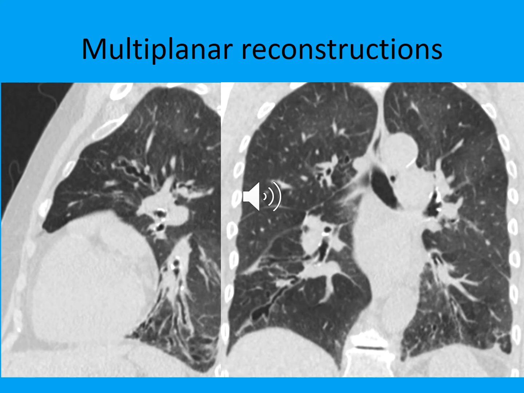Historically, HRCT of the lungs meant images only in axial plane. However, with development of multi-detector CT scanners, we have images in other planes such as sagittal and coronal planes, as seen on this slide. The multiplanar reconstructions allow us to assess better the anatomy of the lungs and extent of